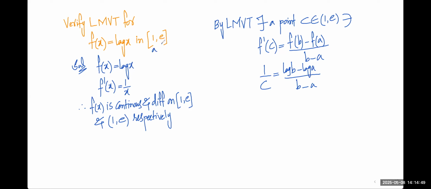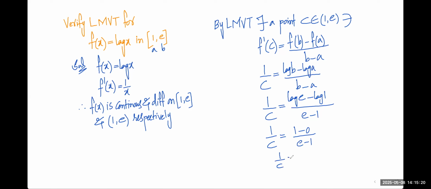But our a value is this one, our b value is this one, replace. Log of b value is e minus log a value is 1, by b minus a, e minus 1. So 1 by c is equal to, you see, log e value is 1 minus log 1 value is 0 by e minus 1. So 1 by c is equals to 1 by e minus 1. How to calculate this? 1 by e value is, calculator में check कर लो, 2.71 आता, minus 1. So what answer we are getting? ये पूरे प्रॉब्लम आप अच्छे से वेरीफाई कर ले सकते हैं। 2.71 इज द वैल्यू ऑफ ई, कैलकुलेटर में भी आता, अदरवाइज डायरेक्ट ई भी रखे तो भी आ जाएगा। 0.58,